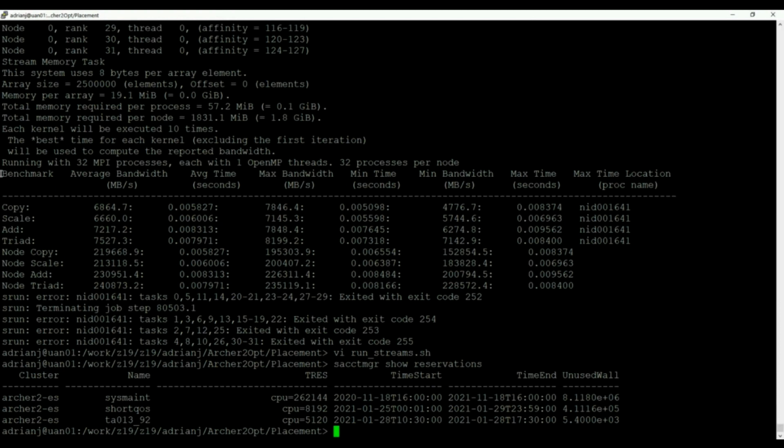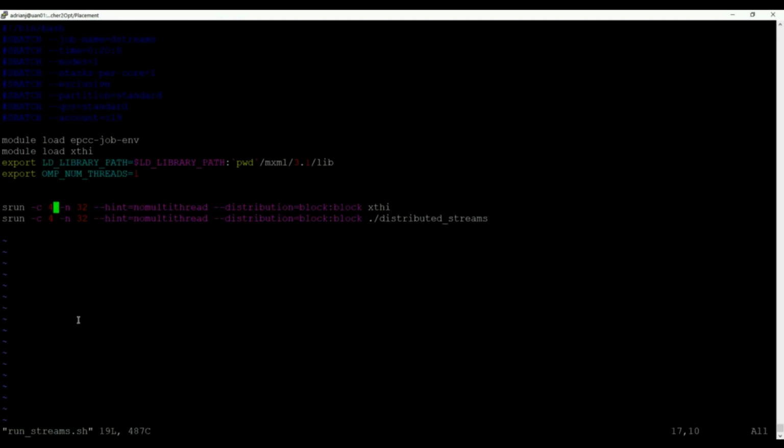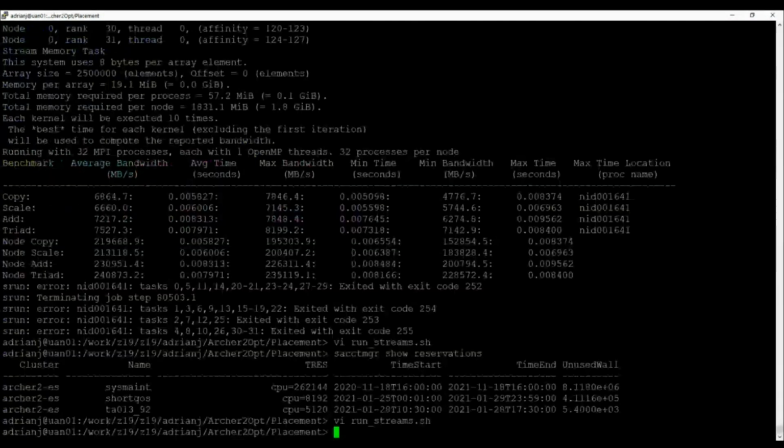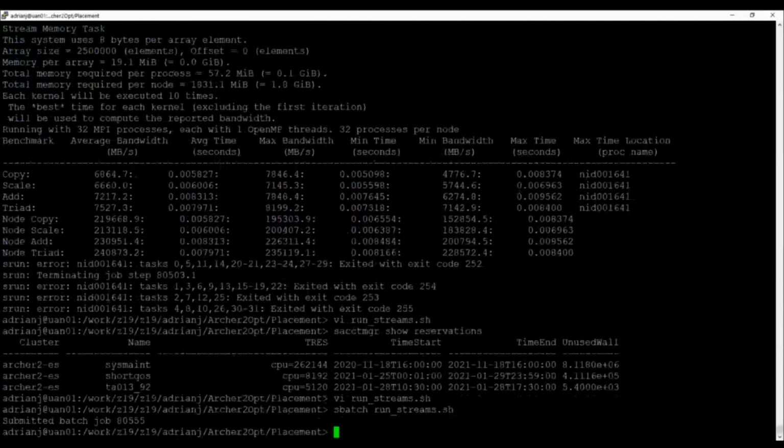Anyway, so what we can see here, hopefully, is that you've been able to run it and get some of these numbers out. You can see that to get all the memory bandwidth from a node, for this application at least, we need to have at least 32 processors, and they need to be spread out across the node. If I just run the 32 processors and run them all on the first 2 NUMA regions, the first 2 16-core groups,